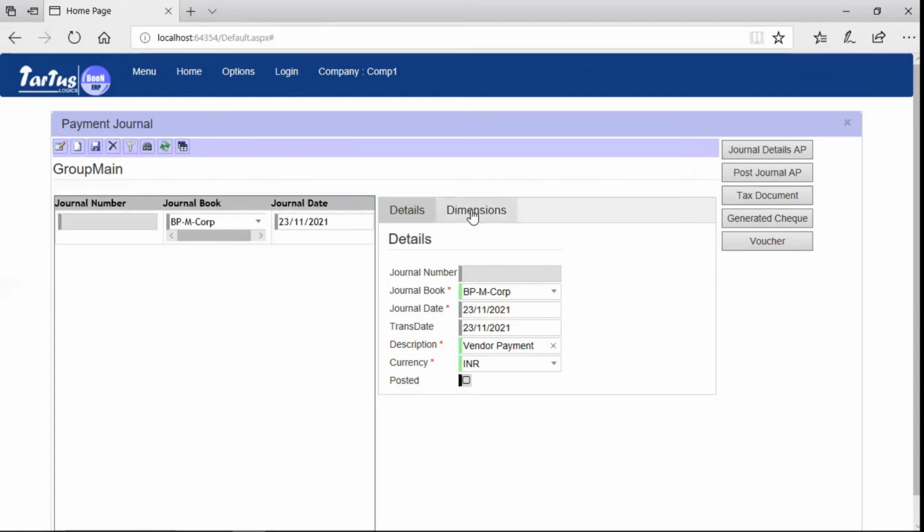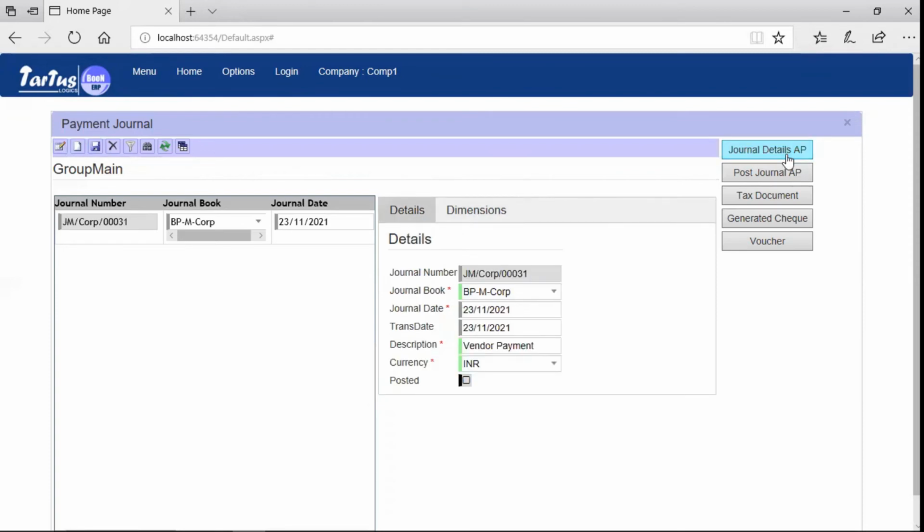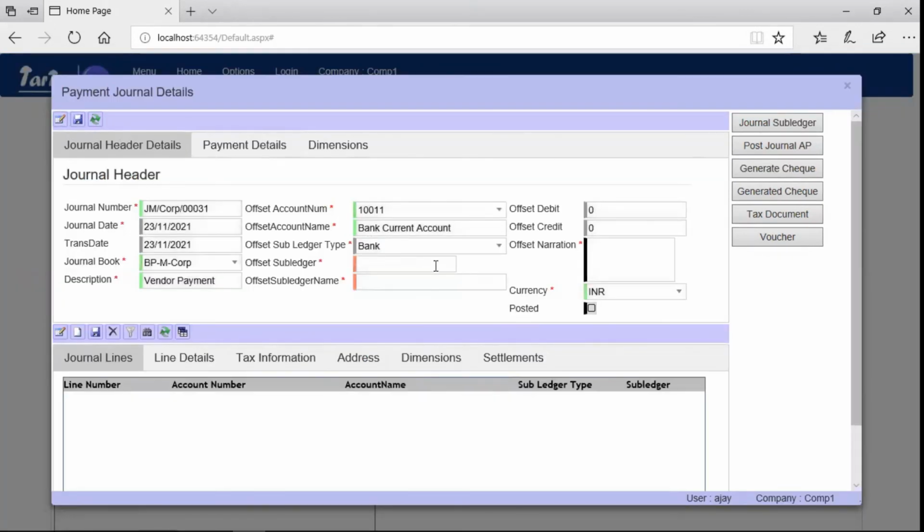Save the record. Journal number gets generated. Click Journal Details button. In Journal Details, select Bank in Offset Subledger. Enter narration and save the record.